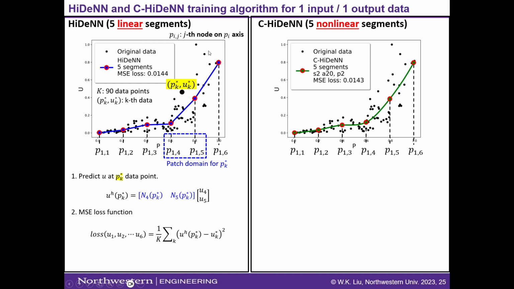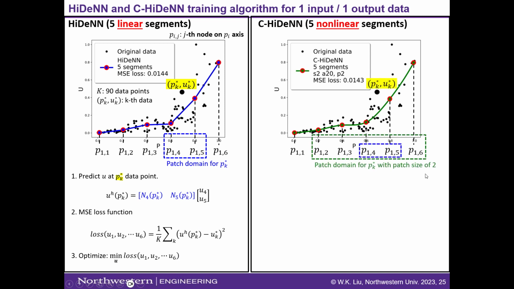We loop over every data point and do the same thing and measure the mean square error. So this is our prediction and this is the ground truth from our data. So this is the mean square error. And finally, we solve an optimization problem. I'm going to optimize with respect to u1 through u6, the 6 variables. In C-HiDeNN, we are doing exactly the same thing, but since we leverage the surrounding nodes to build the nonlinear interpolation,